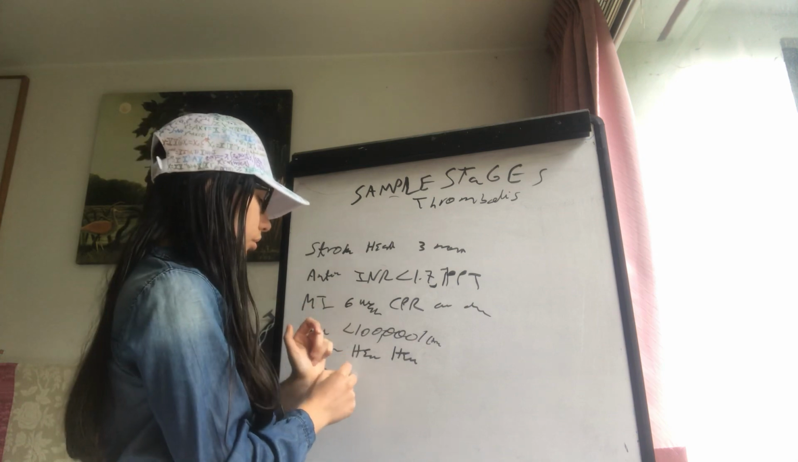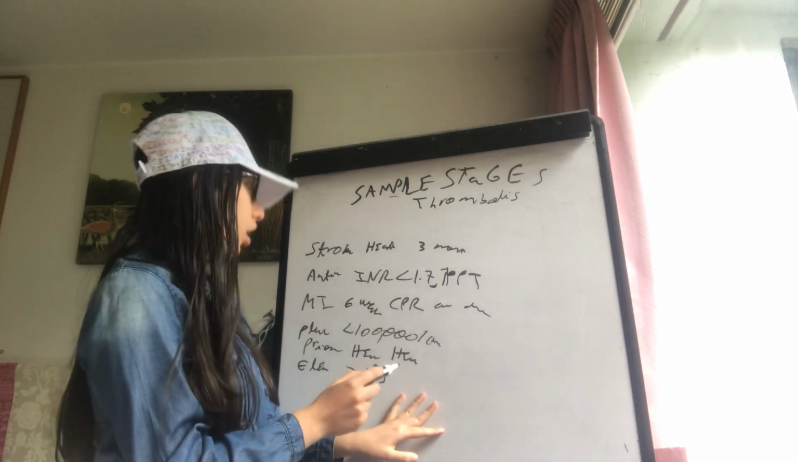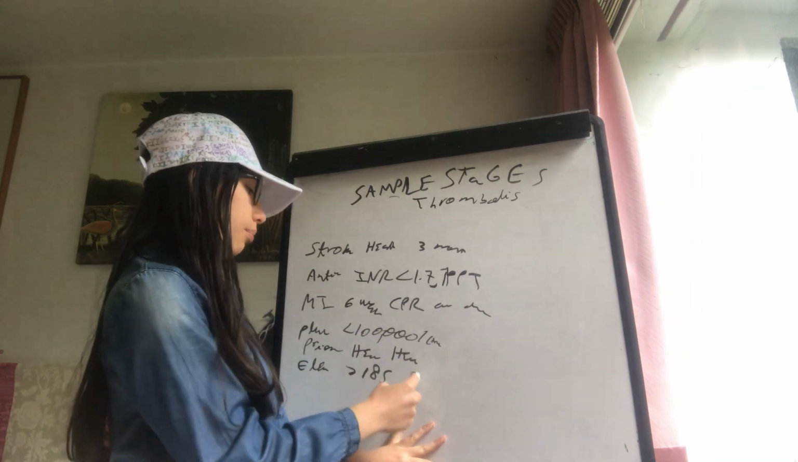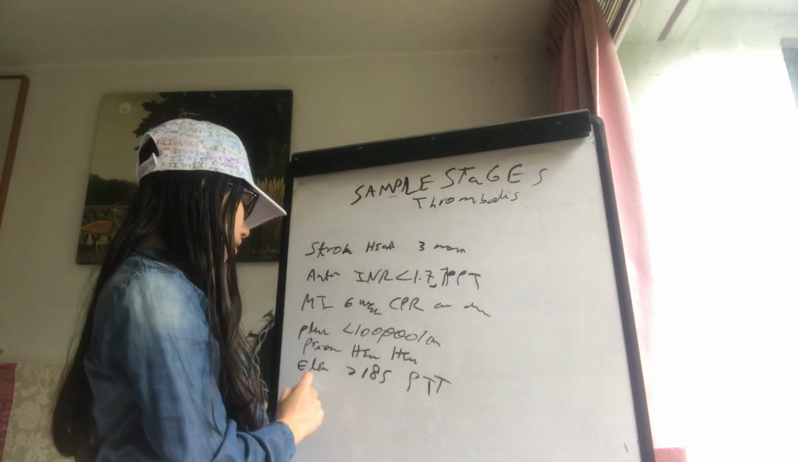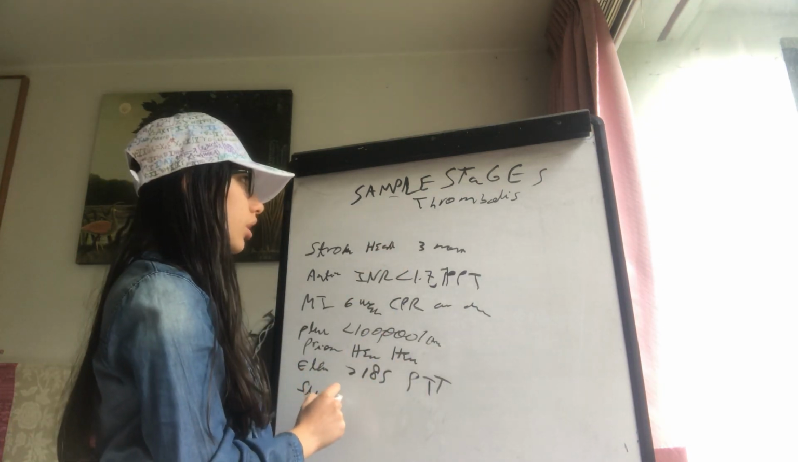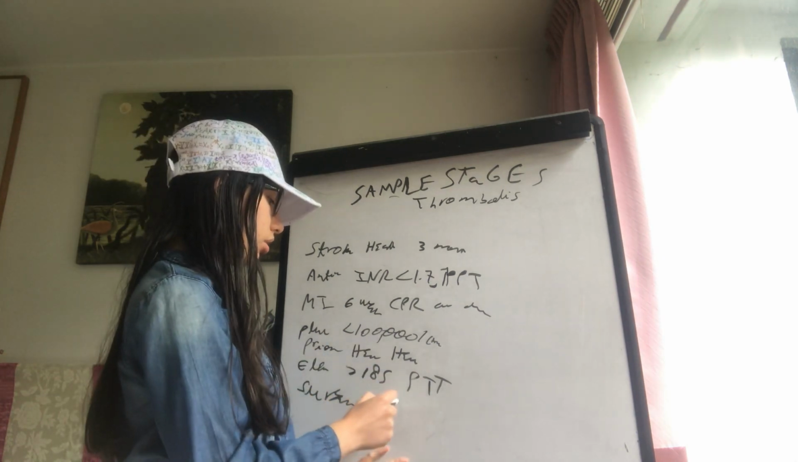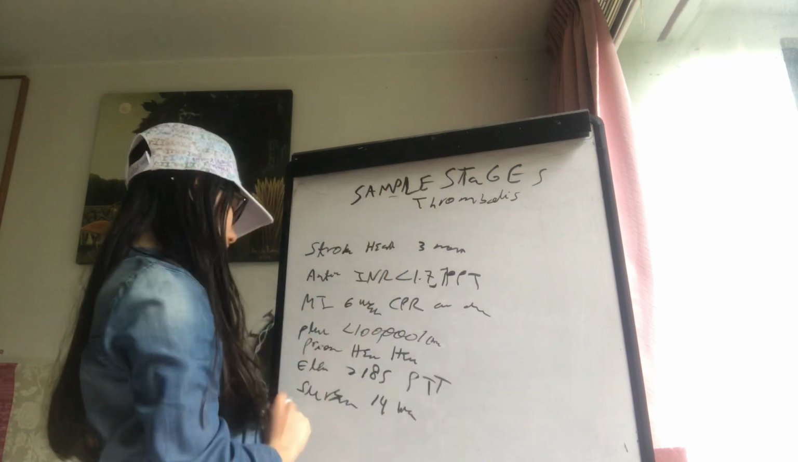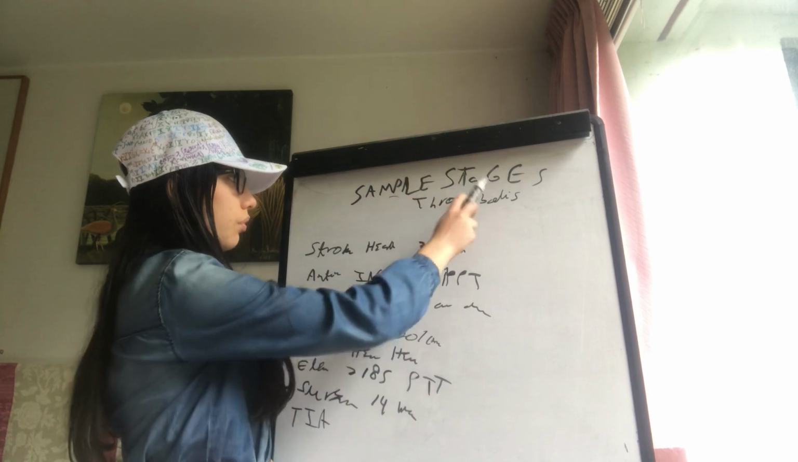systolic blood pressure greater than 185, or elevated PTT, PT, etc. S would be a surgery, major surgery within 14 weeks. The T is a transient ischemic attack. A does not count. G,